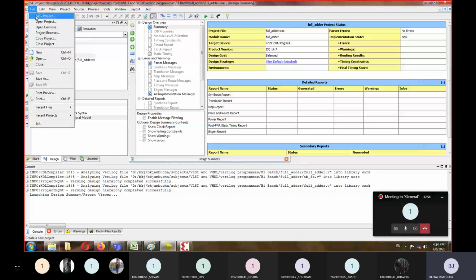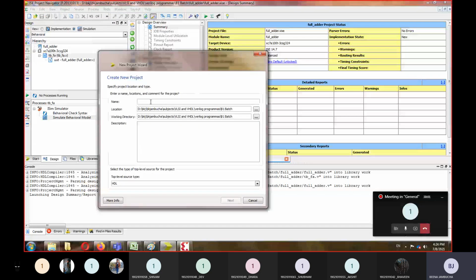So I'm going to open a new project, and the project name is, let's say, parallel adder, and as I want to add 4-bit numbers, I will give the name add 4, right. This is the name of the project I want to give.